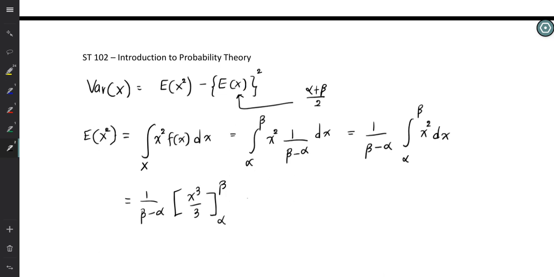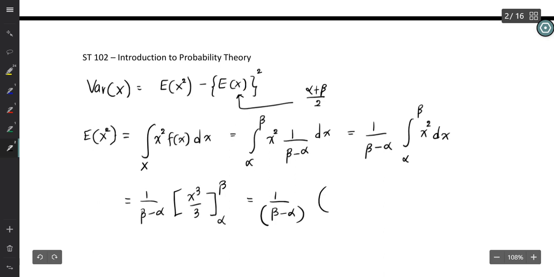Now what do we get? We have beta to power 3 minus alpha to power 3. Now you need the difference of cubes. Okay, the difference of cubes, if you can remember,